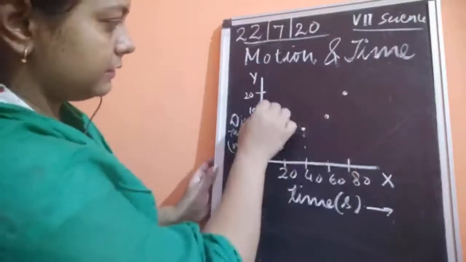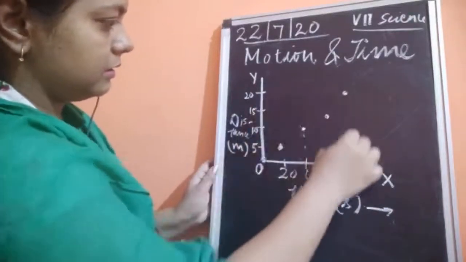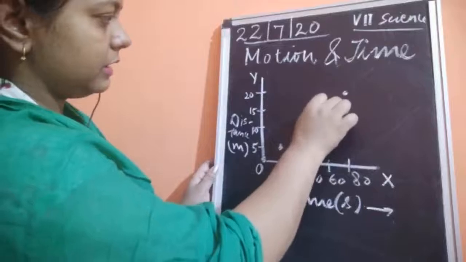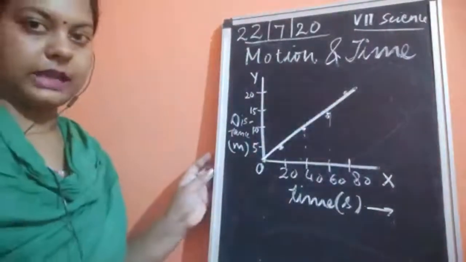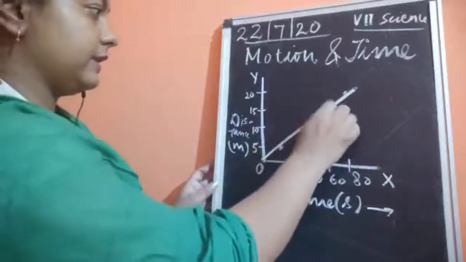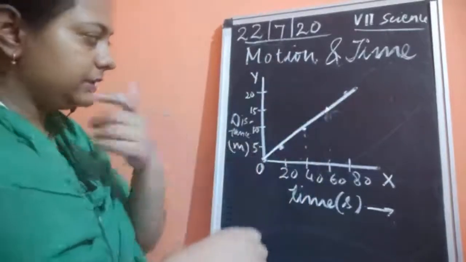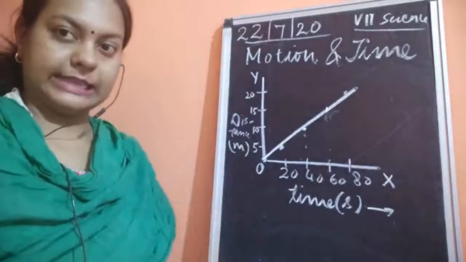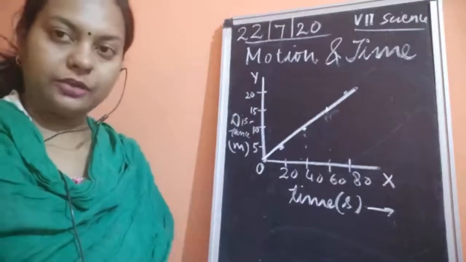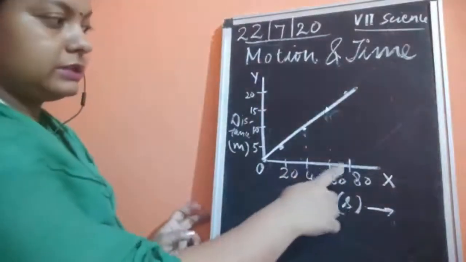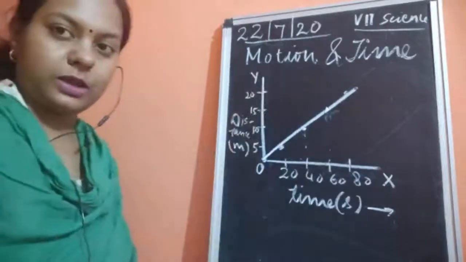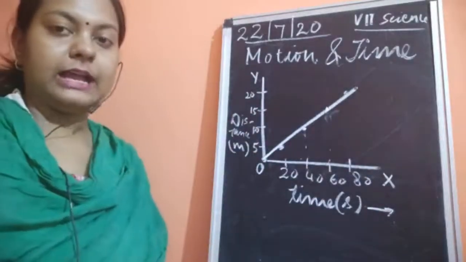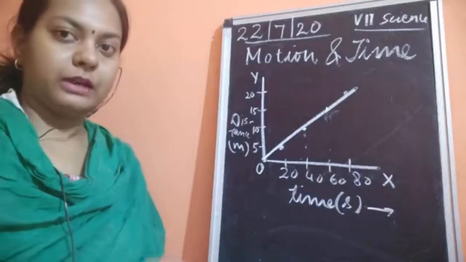Okay, so at 15 this is 60. So we can take that, we will draw that the graph is falling in a straight line. It means that when we draw it with a scale, it is going to come in an accurate form. So the distance between these points should be equal. The distance between these points should be equal. Then only we can have the graph in a straight line.